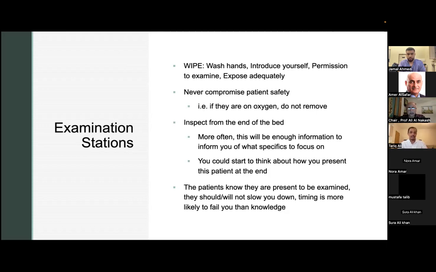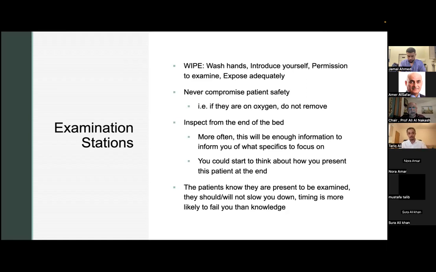So you shouldn't be allowed to be put in a vulnerable situation like that, but you definitely shouldn't put that on the patient, okay? The things that I would say are most important are inspection from the end of the bed. 70% of your marks are going to come from information you can gather when you look at the end of the bed, okay? So this means looking at what's around the patient, including oxygen cylinders, paraphernalia, such as medication that might be on the bedside, walking aids, and then finally looking at the patient, looking at them from head to toe or whatever system that works for you, peripheral to central, head to toe.